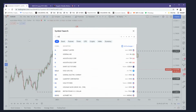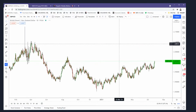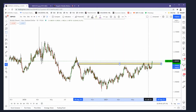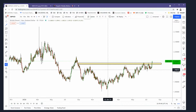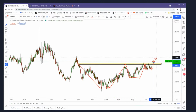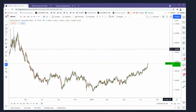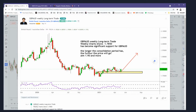Alternatively, guys, you can buy sterling Kiwi. Okay, sterling Kiwi, trust me, it's going to fly like a rocket. Sterling Kiwi has broken a super long-term down neckline, and this is kind of a cup and handle pattern, right? It's really great. So sterling Kiwi will fly, same as sterling Aussie. Sterling Aussie flew as we found out last time here. Okay, you see,